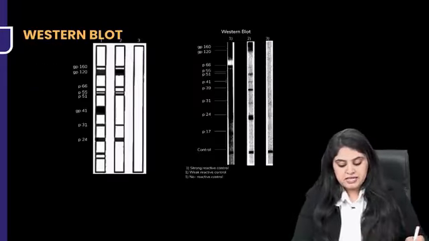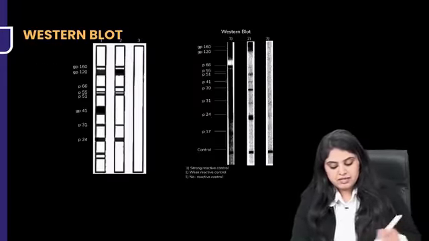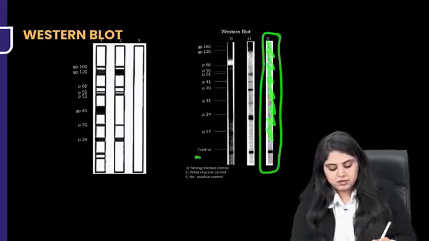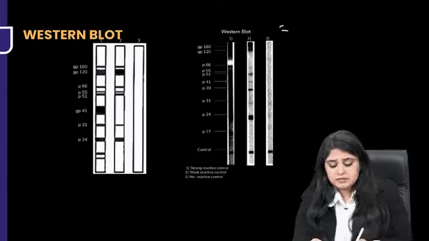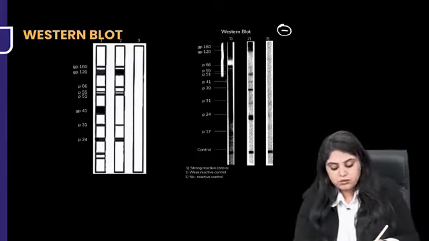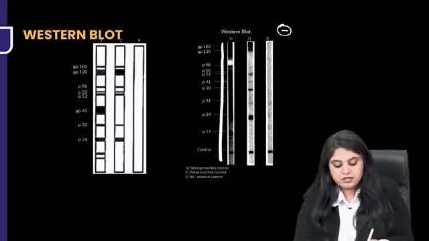So definitely, if I show you this, you will say that, ma'am, look at the last strip, in this none of the bands have come positive, only the control is positive. That means this is a totally negative situation. On the other hand, the first one is almost showing me every band positive, so that is going to be